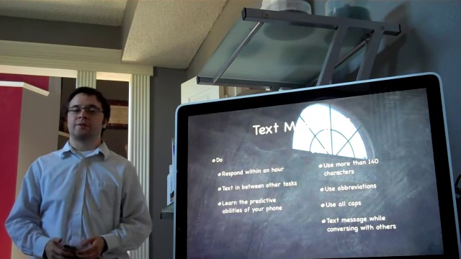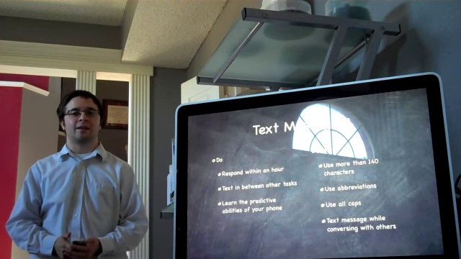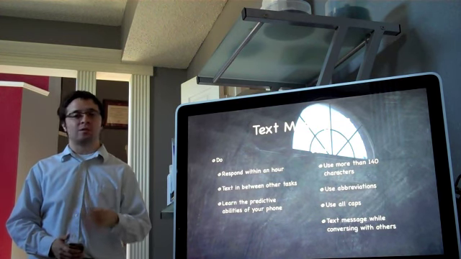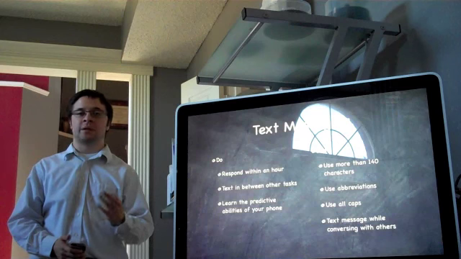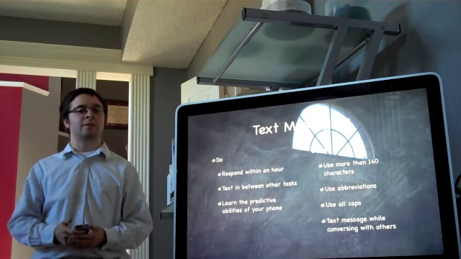When at all possible, try not to use more than 140 characters. If you do, your text message gets split up, and that's annoying to people receiving text messages, especially if one of them gets lost, or if you send more than 2, 3, 4, 5 text messages and they arrive out of order. It gets really confusing really fast. If you need to say that much, you should probably send an email.